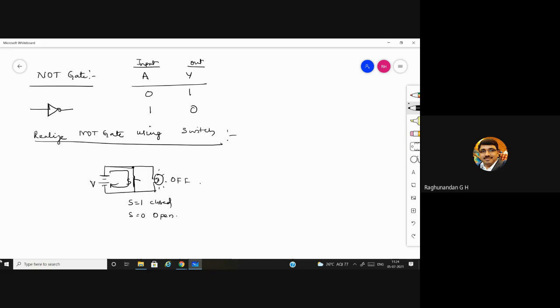So this is the complementary operation. Switch is closed means A is equal to 1. When A is equal to 1, Y is equal to 0. Bulb is off means Y is equal to 0. Again now I'm going to open the switch. When I open the switch, which is going to offer more resistance for the current, and where is the current going to flow?